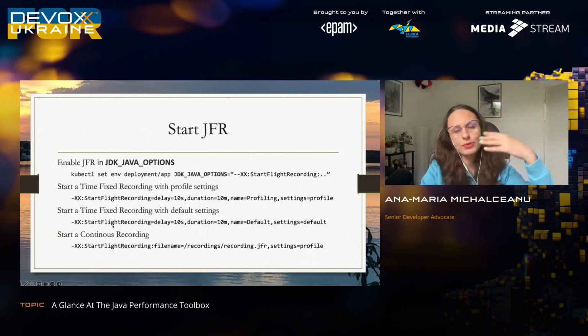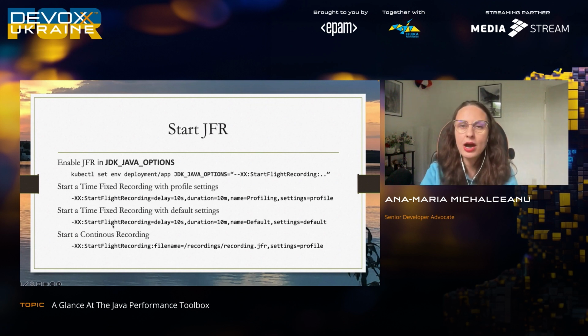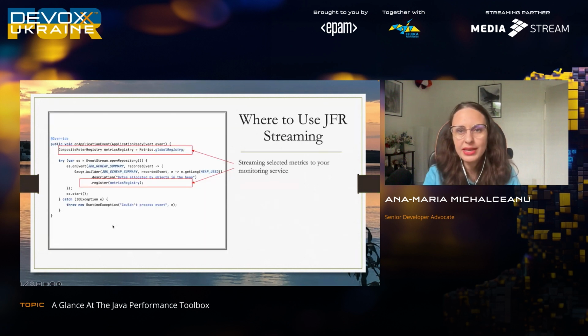Good. But this was point-to-point information. So I knew I had a problem. I knew what tools to use. It's good that I know how to profile. But how can you get information on the events that you don't know about, right? So for this, you can supervise what's going on with your JVM using JFR streaming events. So you can stream selected metrics to your monitoring service